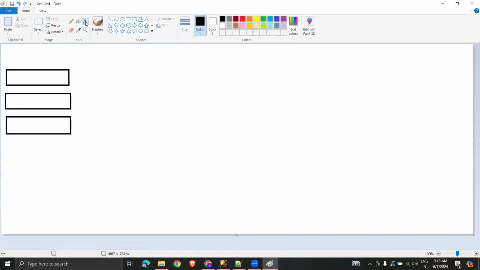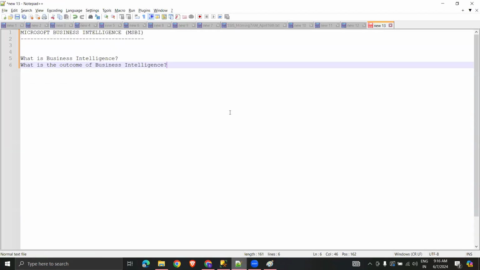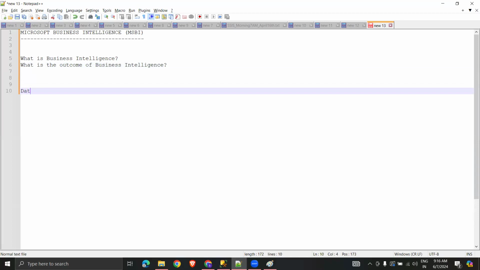Now, sir, we maintain our own business data. What do you mean by business data over here? And where do we maintain it? In our case, our business data is nothing but student data, their course details, fee details, our researchers' details, our faculty details. We maintain all this information in any of the storage. What do you mean by storage over here? Data storages.